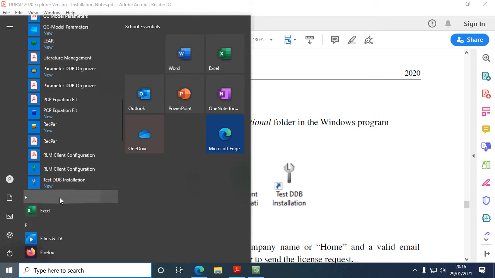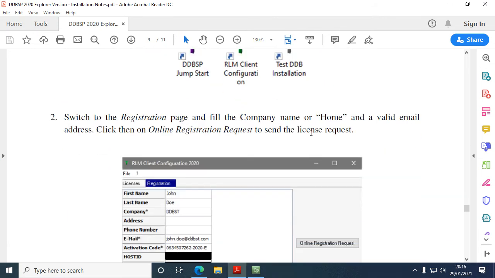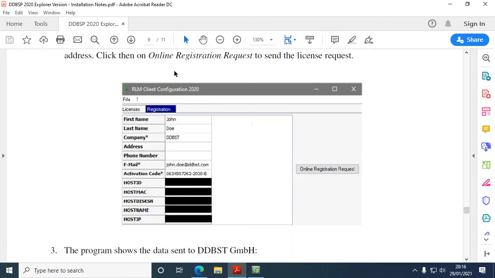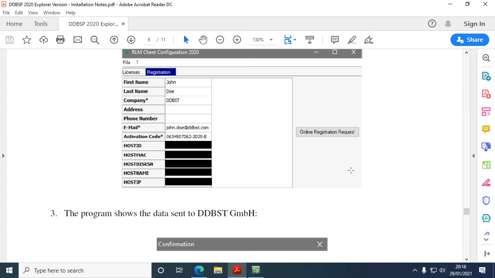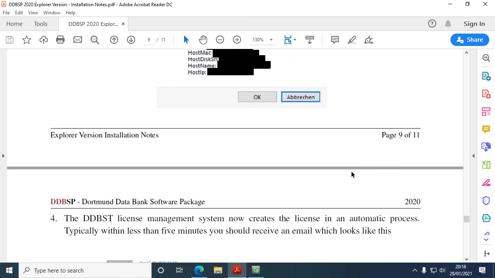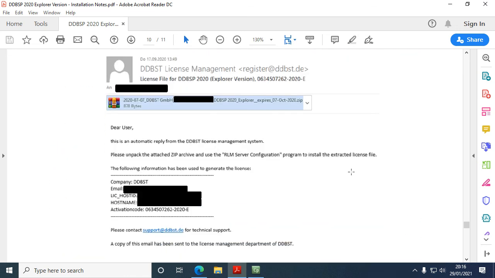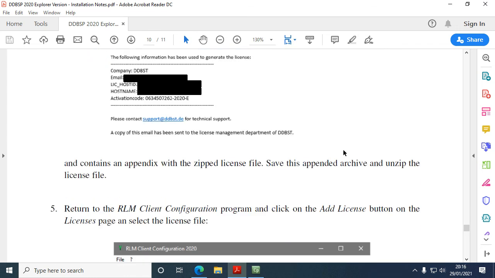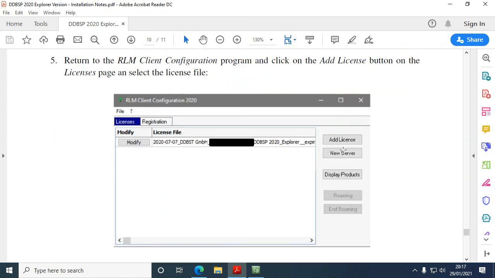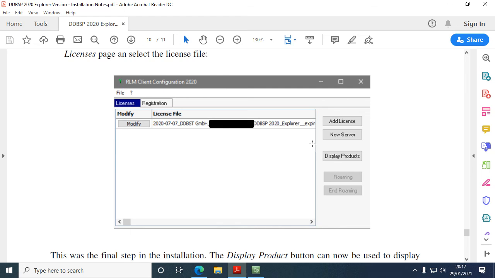Scroll down and then you click on that, and once you've clicked on there you'll be able to request the license. So it will take you through some different windows. So you click on registration, fill in your details, and then click online registration request. You should then be emailed a license that you need to download and save, and then once you've downloaded, saved and extracted that license, you can click add license, and that will then get added in, and then the software